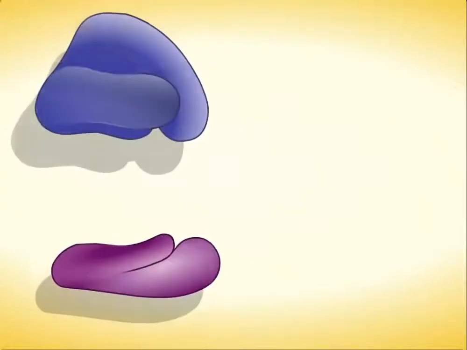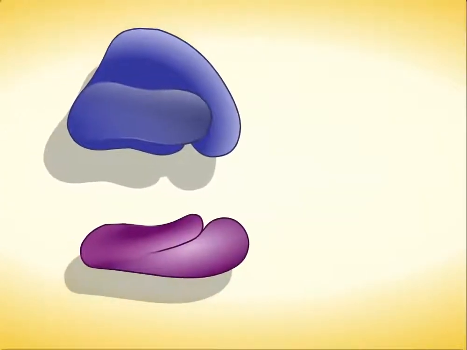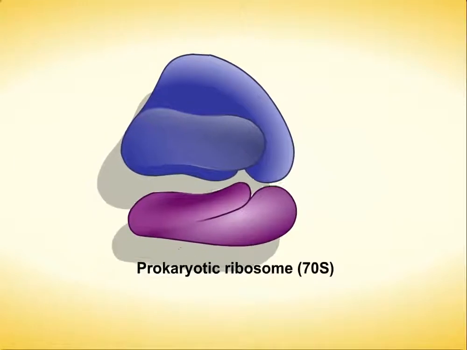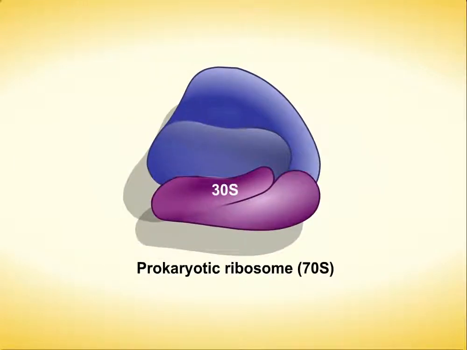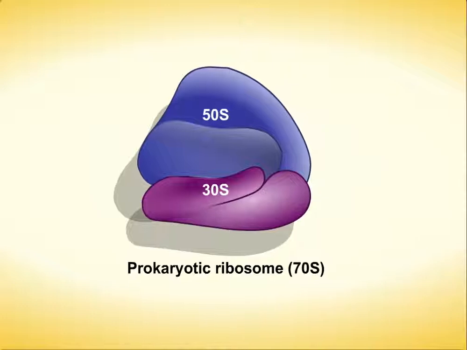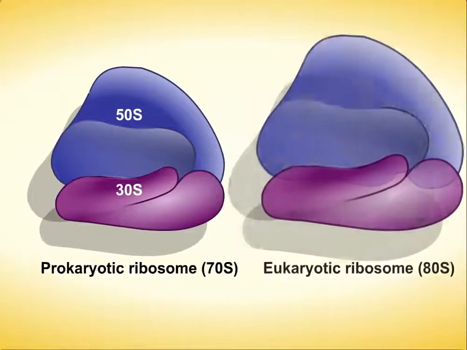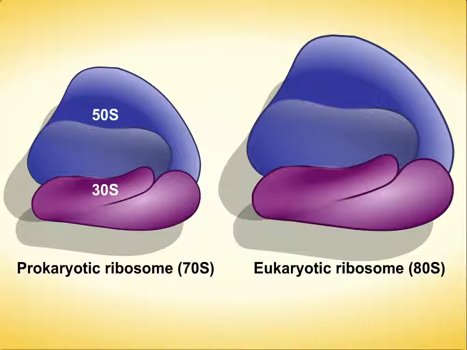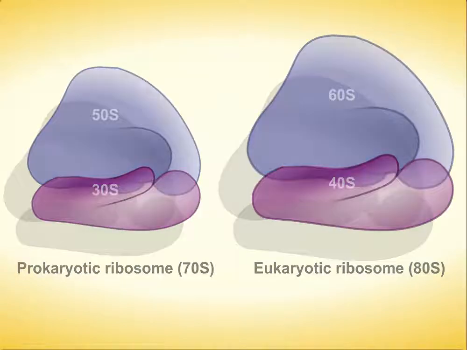In bacteria and archaea, protein synthesis occurs on 70S ribosomes, made up of 30S and 50S subunits, whereas in eukaryotic cells, translation occurs on 80S ribosomes, made up of 40S and 60S subunits. S values are based on the size, shape, and weight of a particle, which accounts for why the sum of subunits of the ribosome does not equal the S value of the intact ribosome.